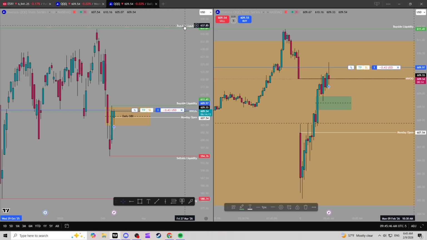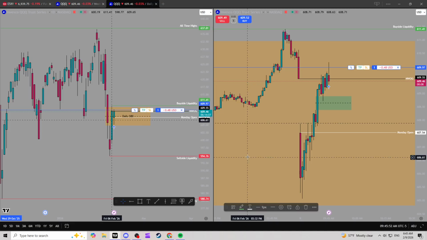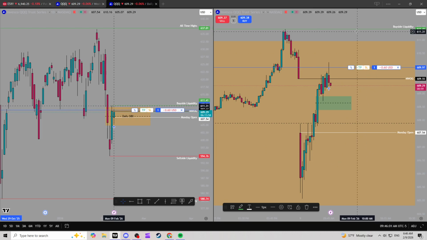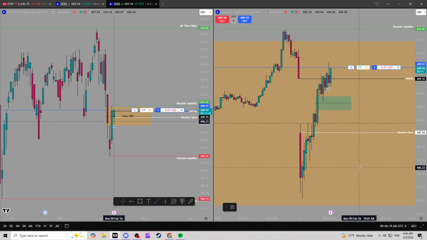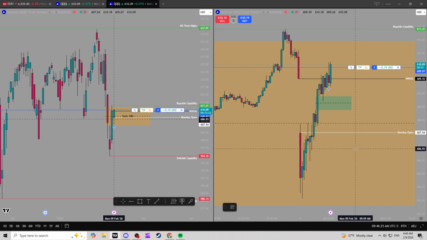Here's the daily chart. All-time highs are right here. I'm only in one contract right now. I'll risk about $26 on this. Likely pyramid with good market action. I do want to point out that 10 o'clock starts here. So, oh, wrong one. I'm watching time first and price second.